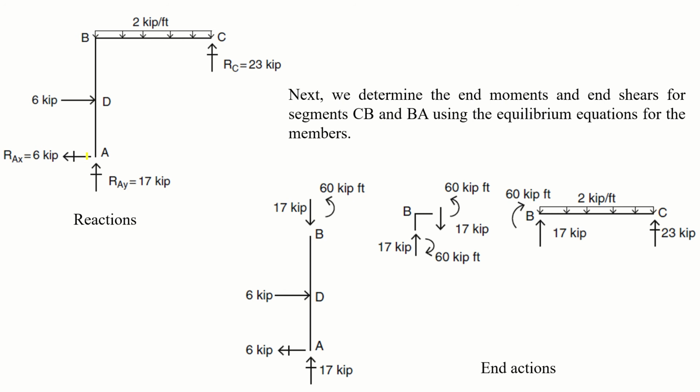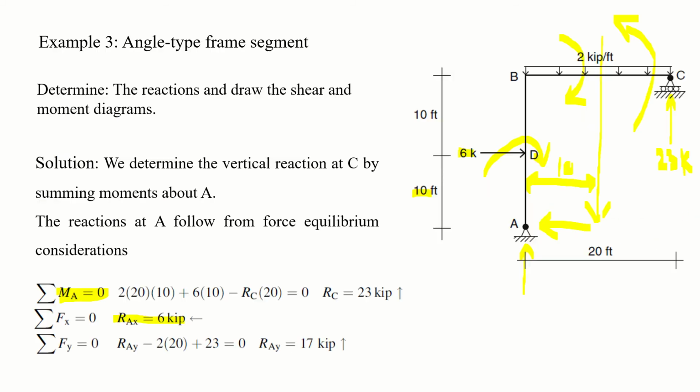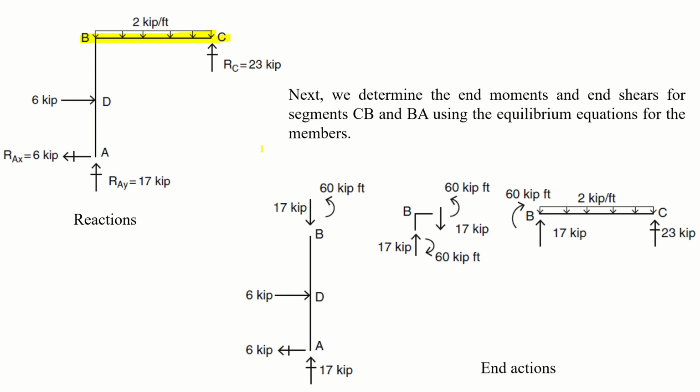So as you know that hinge support is stronger than the roller support, so you have to start with the beam BC, solve this beam, make it in equilibrium. Once you make it in equilibrium, then solve this joint B, make it in equilibrium, and then solve the member AB.